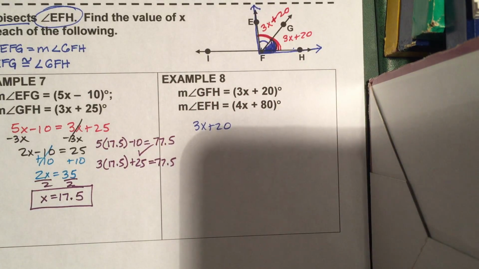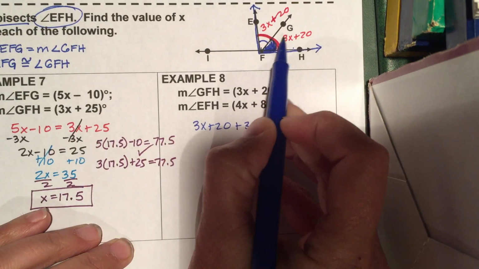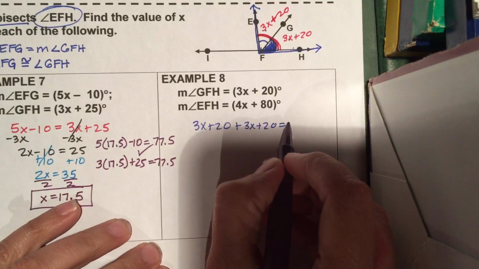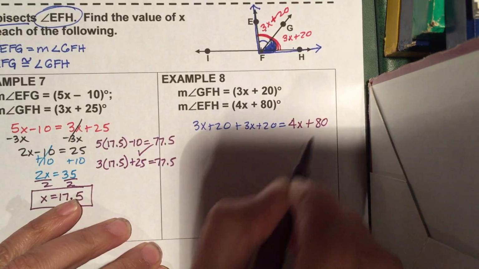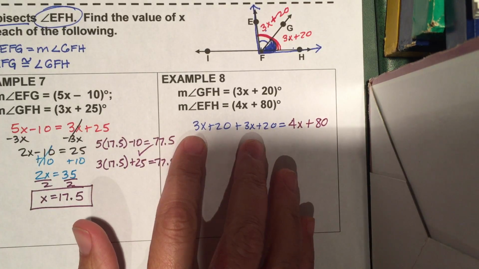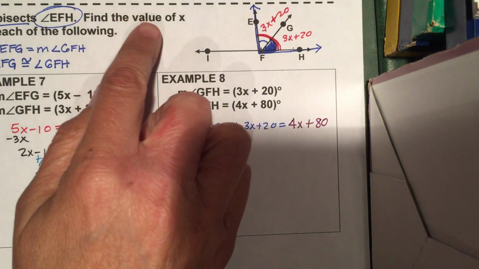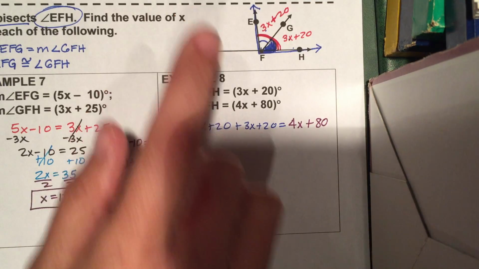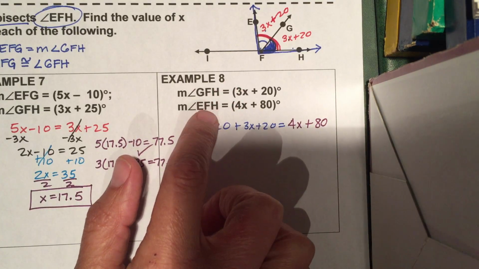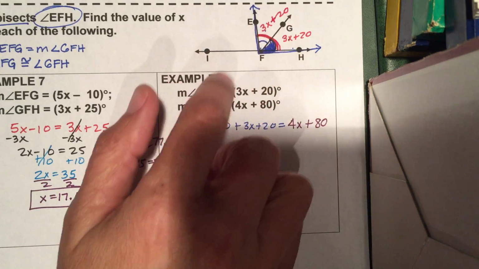So that means 3x plus 20 plus 3x plus 20, right? This one plus this one is going to equal the entire angle, which is 4x plus 80. And from there, you solve it out, okay? And when you solve it, you combine your like terms, solve for x. Once you have x, if you want to make sure, up here in the instructions, it just says find x. It doesn't say anything else. You need to find x, then you plug it back in and make sure that EFH is twice as big as GFH, because remember, EFH is the whole thing. We know that ray FG